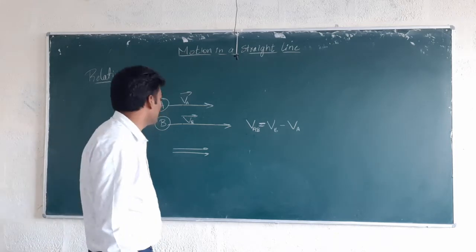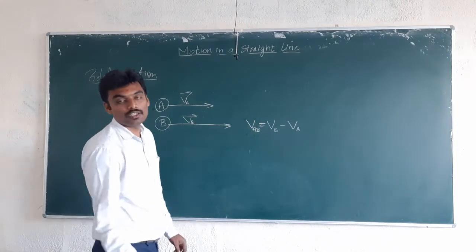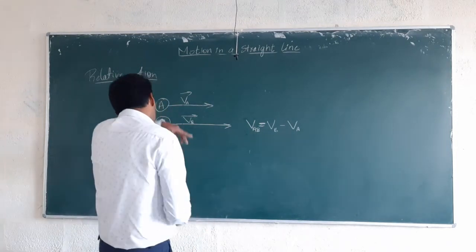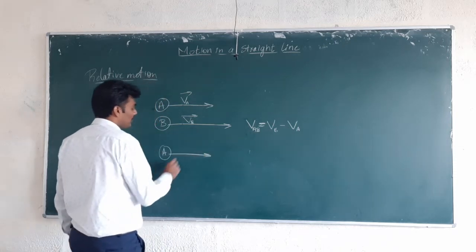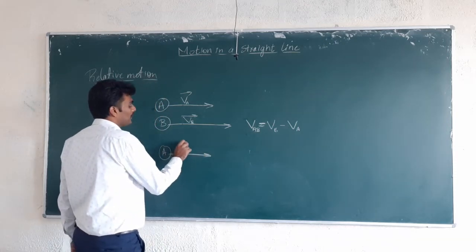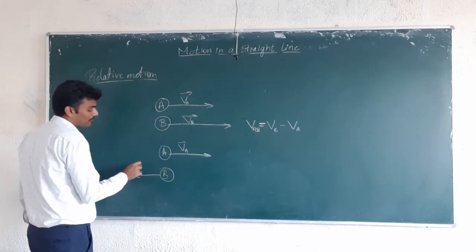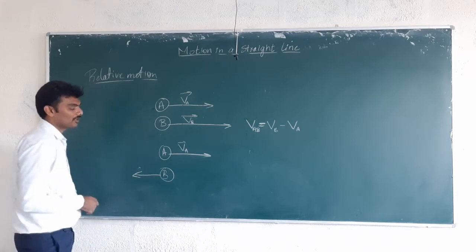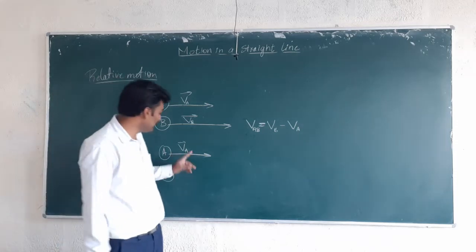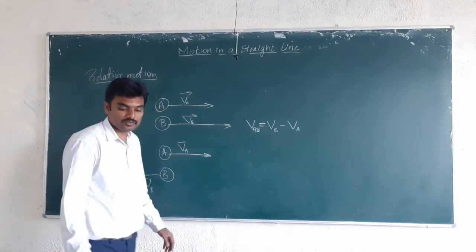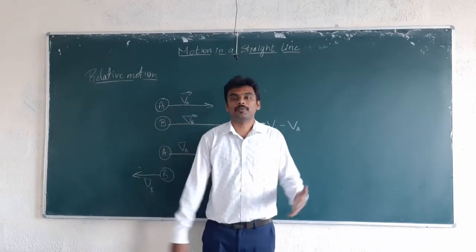Okay, right. Now the next case, what if the bodies are moving in the opposite direction? Let me say body A is moving in its own direction like this, again with the velocity Va. But body B is this time moving in the opposite direction, with the velocity Vb. When this is the situation, the relative velocity for this kind of situation is, see, now once again I'll take the same example of the car.